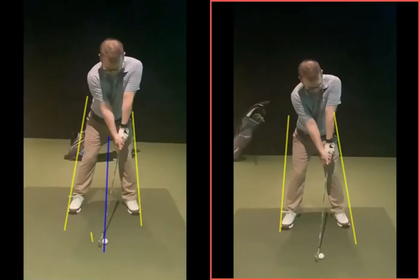So, yeah, no, generally setup, I'd say, was good. For me, though, I don't know if you can really see on there, there's a little bit more tilt here on this right-hand one, just where you got your chest a little bit more. The way I look at it is if you're looking at a golf ball straight in front of you, if that was 12 o'clock down there, the feeling is your body's pointing a bit more to, say, 1 o'clock to the right slightly. What you tended to do...